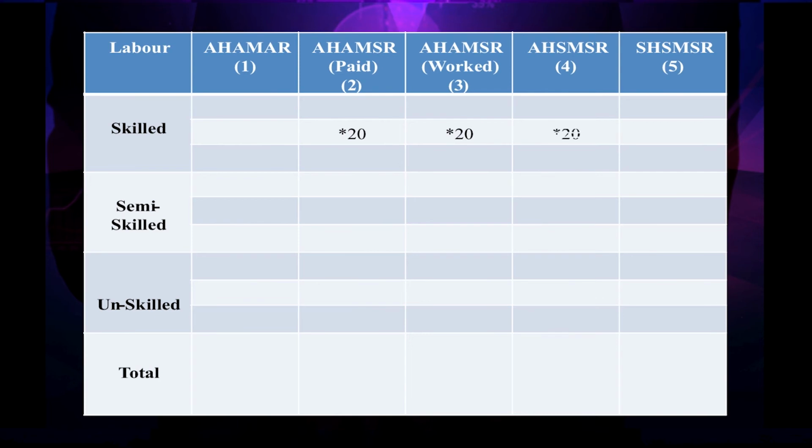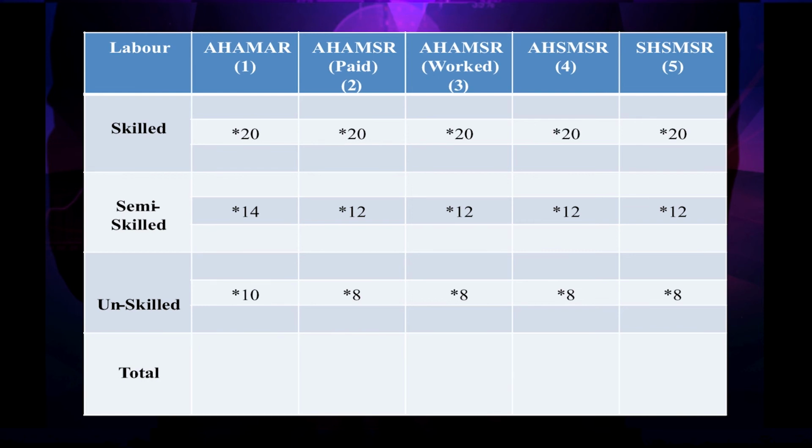In order to rule the table, we will first write the standard price for skilled workers in column 2, column 3, column 4, column 5, which is 20. So, rupees 20 will be there in column 2, column 3, column 4, column 5. Similarly, standard rate for semi-skilled is 12 rupees. So, column 2, column 3, column 4, column 5. Unskilled standard rate is rupees 8, that will be written in column 2, column 3, column 4, column 5. Now, we will write the actual rate for the skilled. The actual rate for the skilled labor is 20, that is in column 1. For semi-skilled is 14, that is in column 1. Unskilled is 10 in column 1.